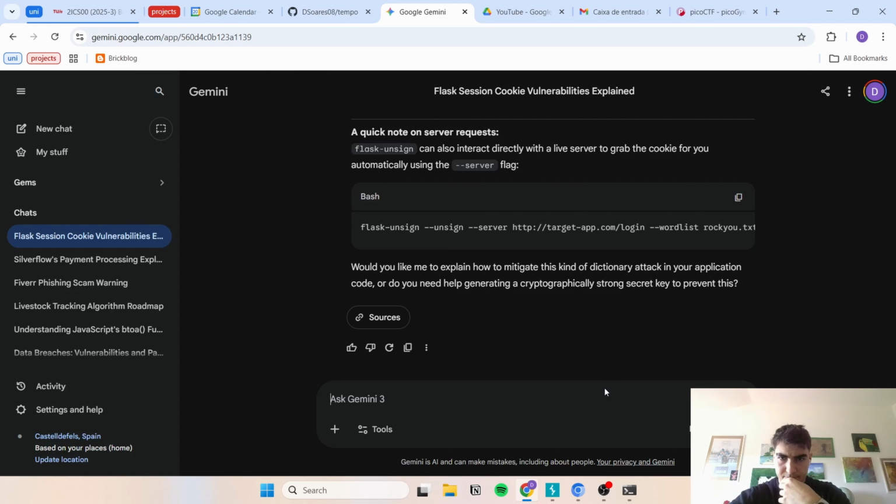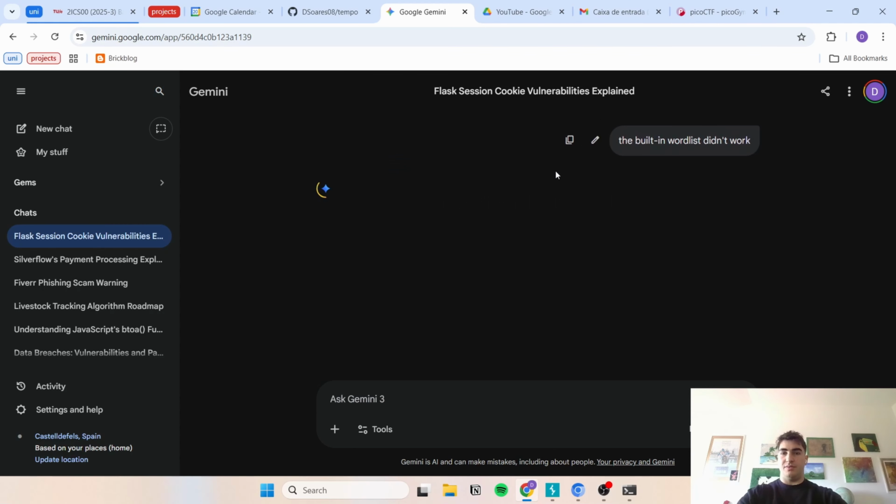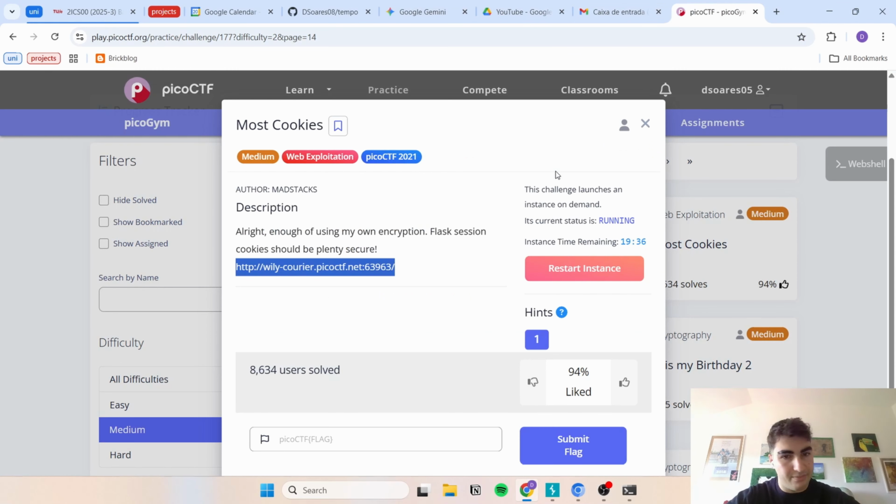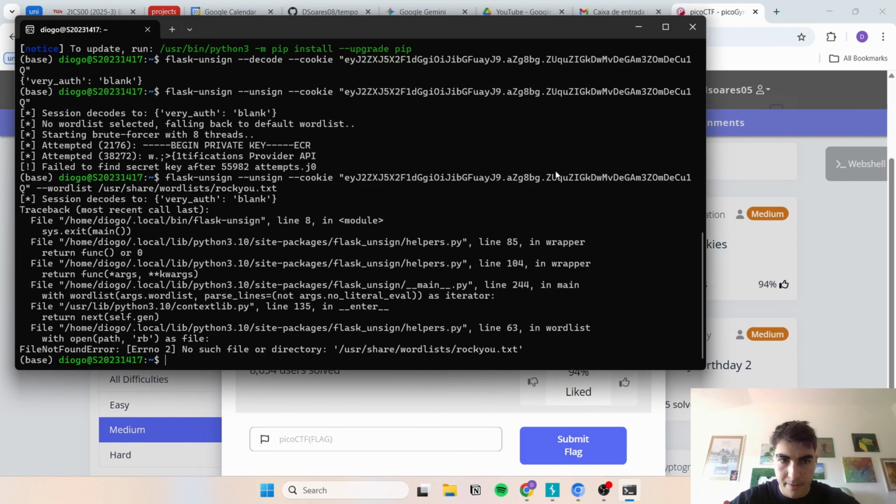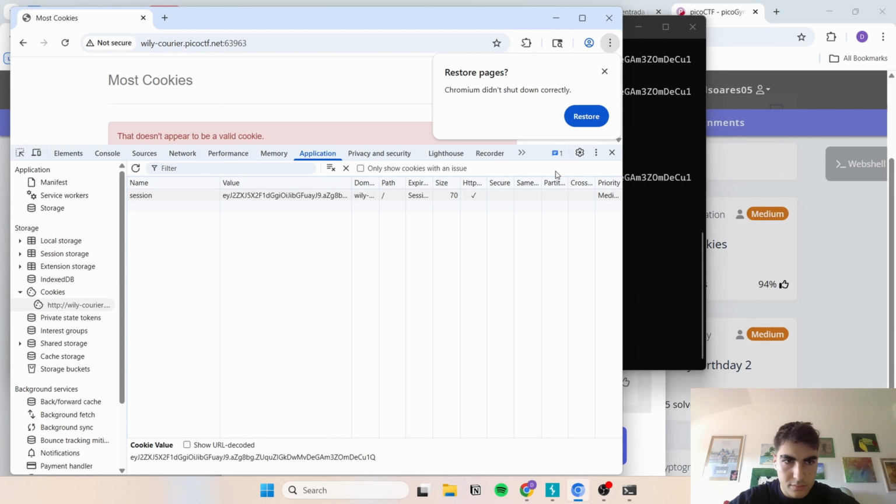A quick note. It can also interact directly with the live server. We don't need that. The word list didn't work, which is why I'm a bit suspicious of using this flask-unsign. Like, it might not be what we need to do. We have this though. I don't understand how